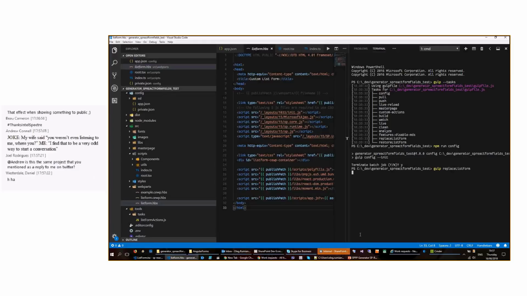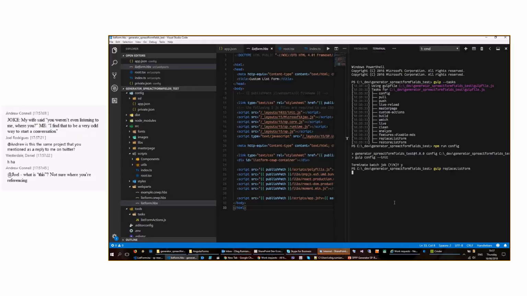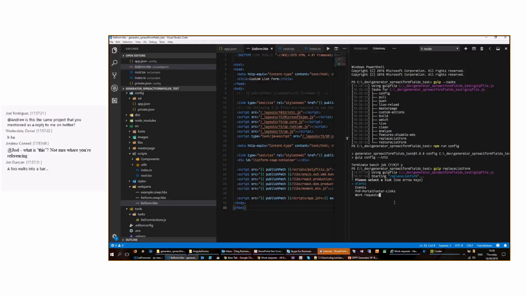So what is that doing now in practice? Replace list form, but what's happening behind the scenes? Behind the scenes, it will read the config information which we provided with the authentication credentials, method, and URL. Oh, it's starting. Okay, and it will connect to that web, and then it will prompt the user to select a list. So it will produce a scrollable list of lists from that web, and then the interaction starts. We will be able to click on one of them, and then the second question will be